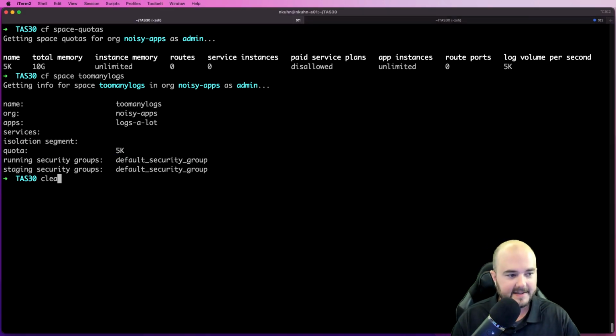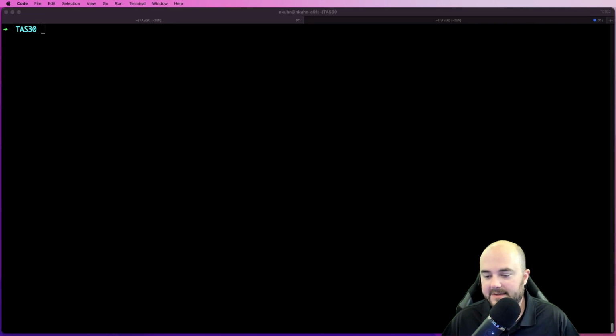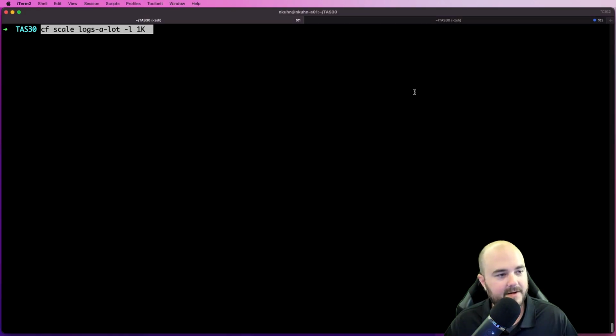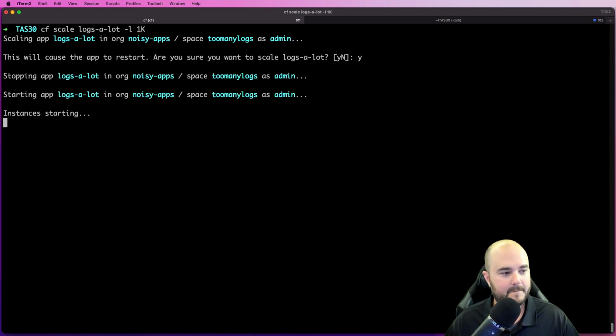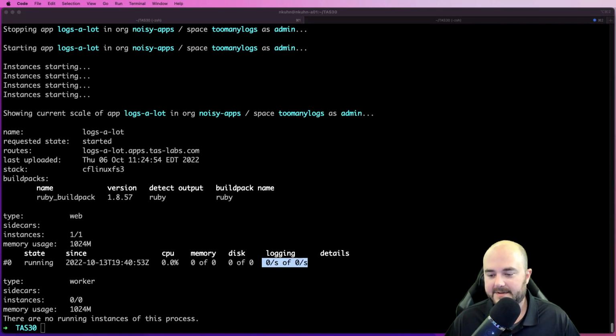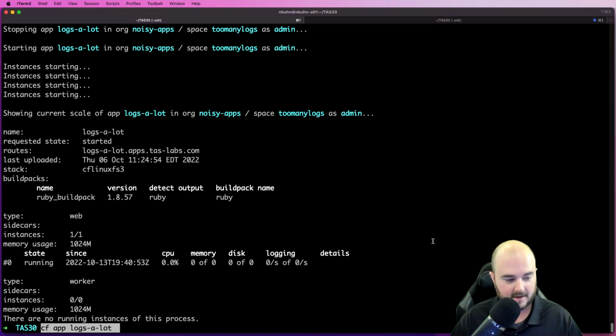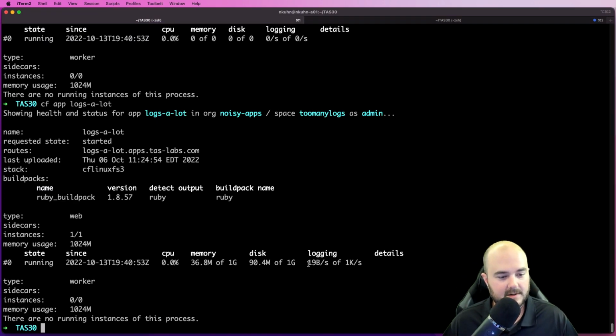Now, in order to really see this limit in action, let's go to my application called Logs a Lot. We can also set the log limit at the app layer too. So I'm going to scale my app and set a log limit of 1K logs per second. And now that the app started, let's just do a baseline check of the logs. And we have some startup logs processing here, but it's writing 19 bytes per second of the 1 kilobyte per